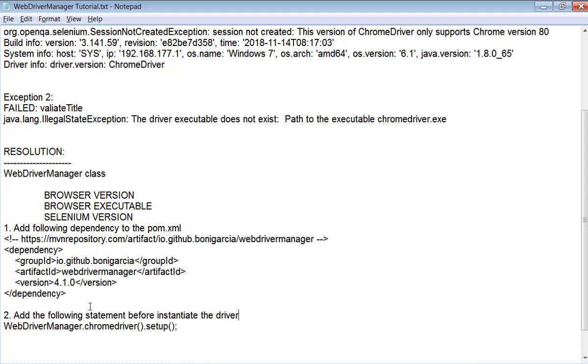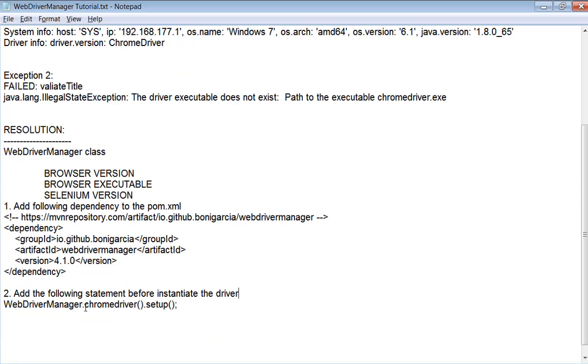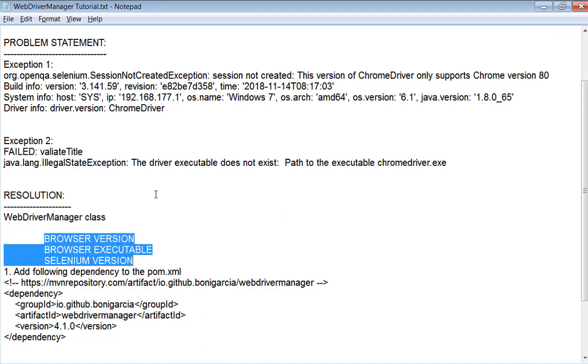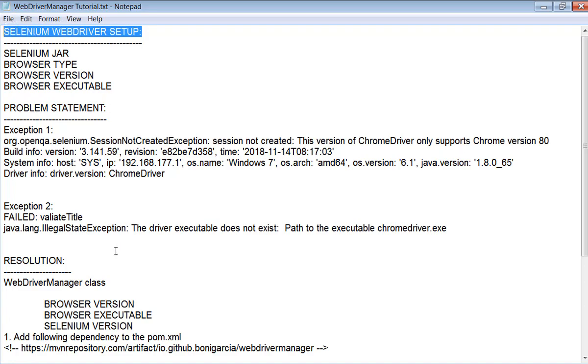Okay, that's it. So this is how you can use WebDriver Manager easily in our programs to avoid these different combination of issues we might come across during the Selenium WebDriver setup.